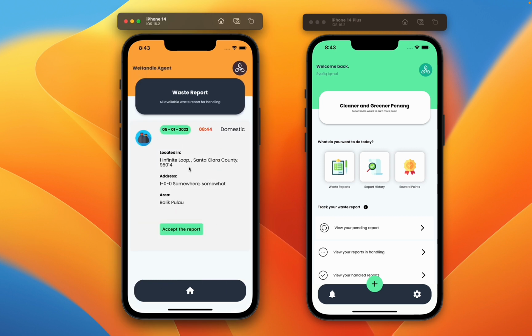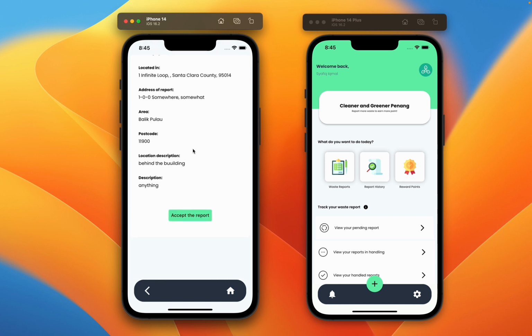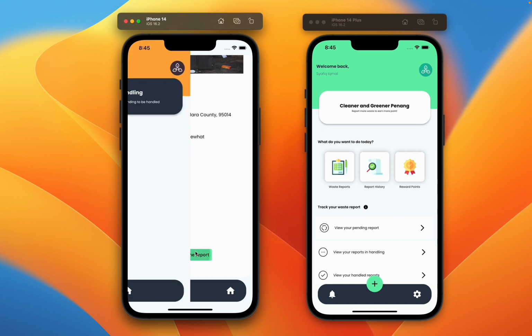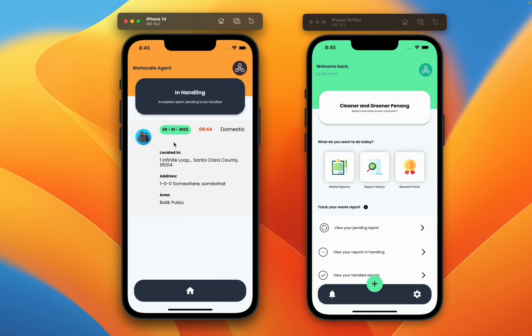So the agent can either choose to accept the report or not accept the report from this screen, or they can just click on the report. There's no reject button, because if the agent chooses not to accept the report, other agents will get this report displayed on their application. So the agent can accept the report, and then when the report has been accepted,